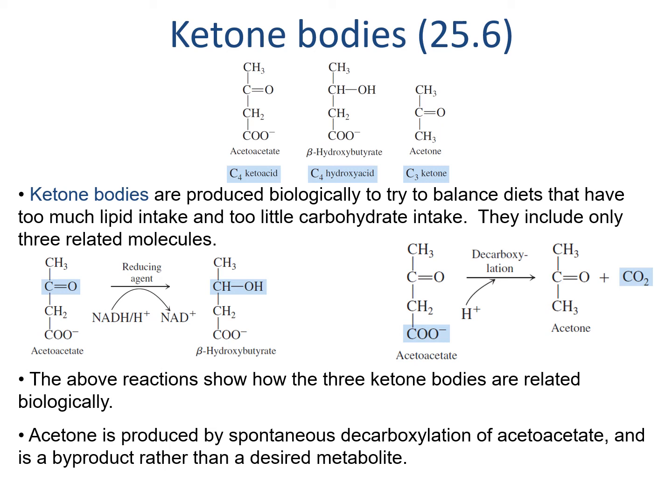There are 3 ketone bodies, all shown at the top of this slide: acetoacetate, beta-hydroxybutyrate, and acetone. They're all initially produced as acetoacetate, the leftmost molecule. Beta-hydroxybutyrate in the center is just a reduced form. Notice the change from a ketone to an alcohol. This is formed with the aid of NADH, which is shown on the bottom left. The rightmost molecule, acetone, is a decarboxylated version of acetoacetate. That means carbon dioxide has been removed from it.